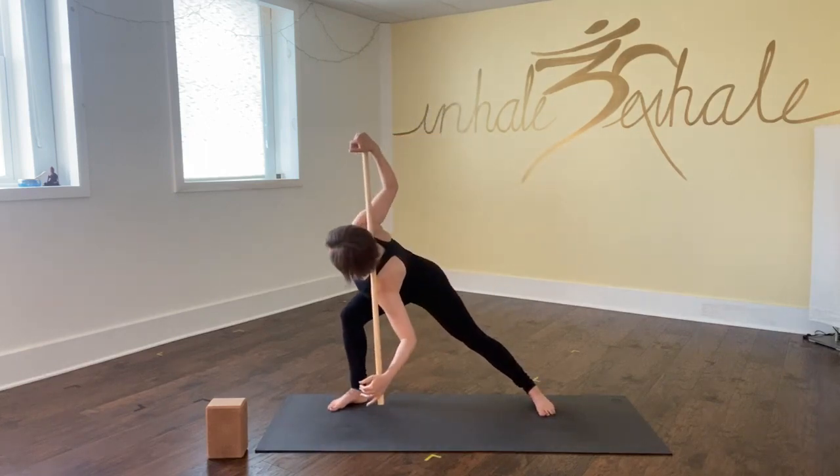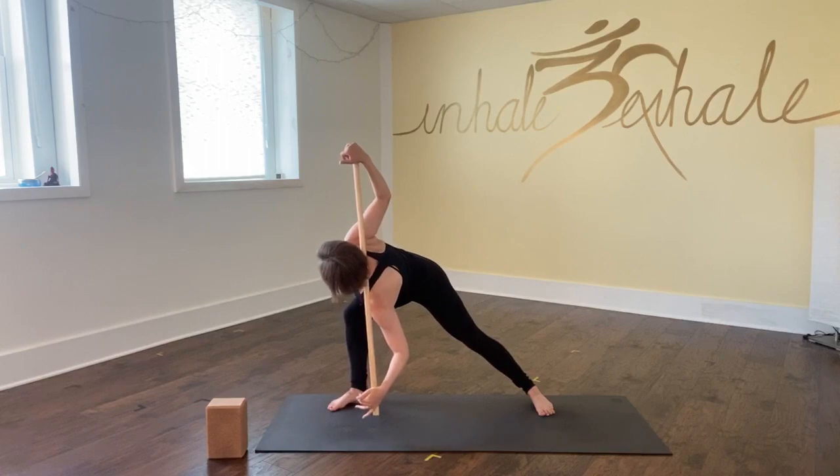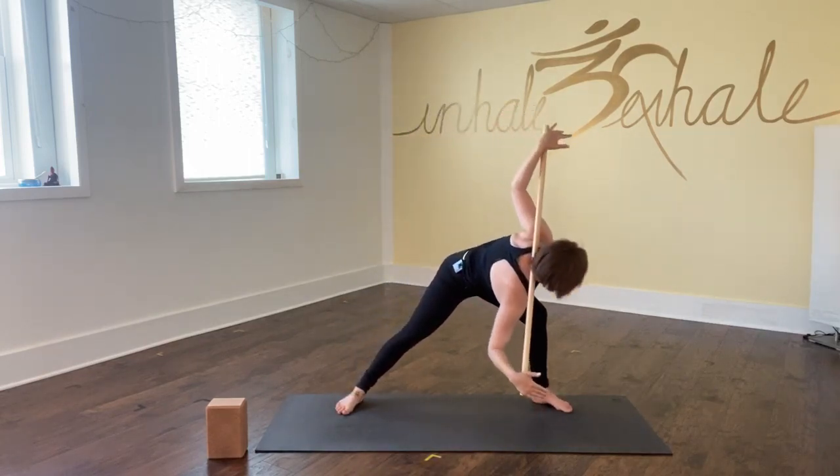And we're bending into the right knee, turning the right foot as needed, and bringing your stick down towards your right foot. And back up. Switching sides. Left foot, right hand, and back up. So we'll start to flow here, but again, notice this core work that's happening. Having this bar here is allowing your core, your back to be stable and long as we go. So you really end up feeling this in those functional lines and not collapsing into it. If we were collapsing into it, then our functional lines are actually not working, and that's not why we're here